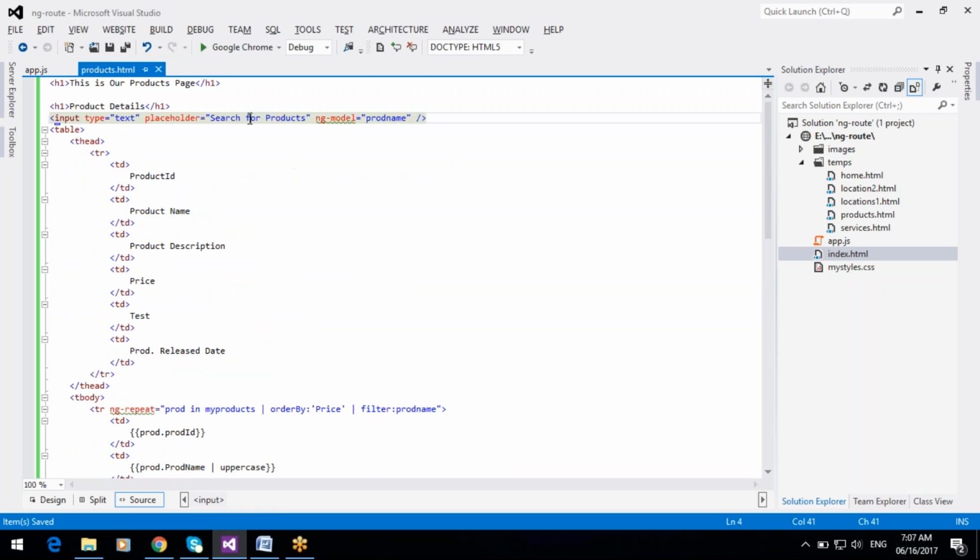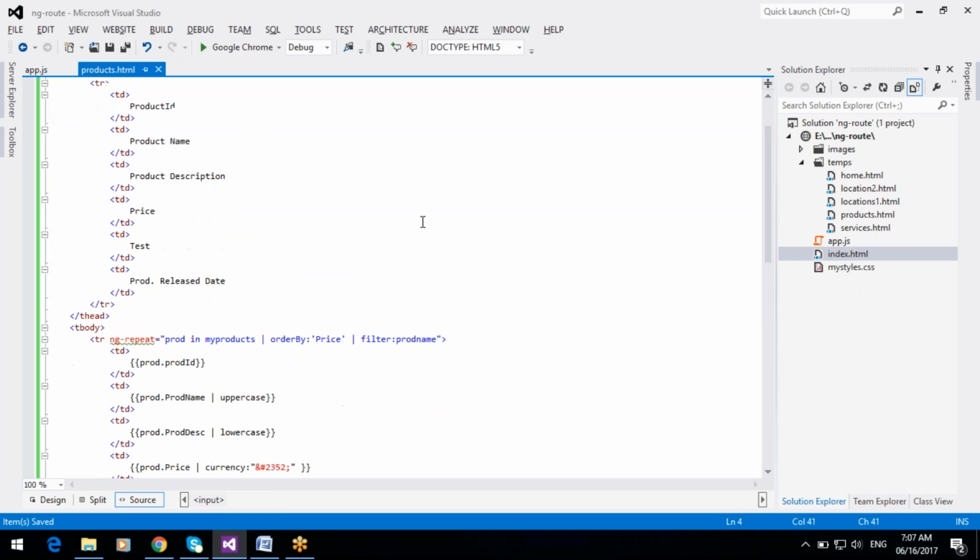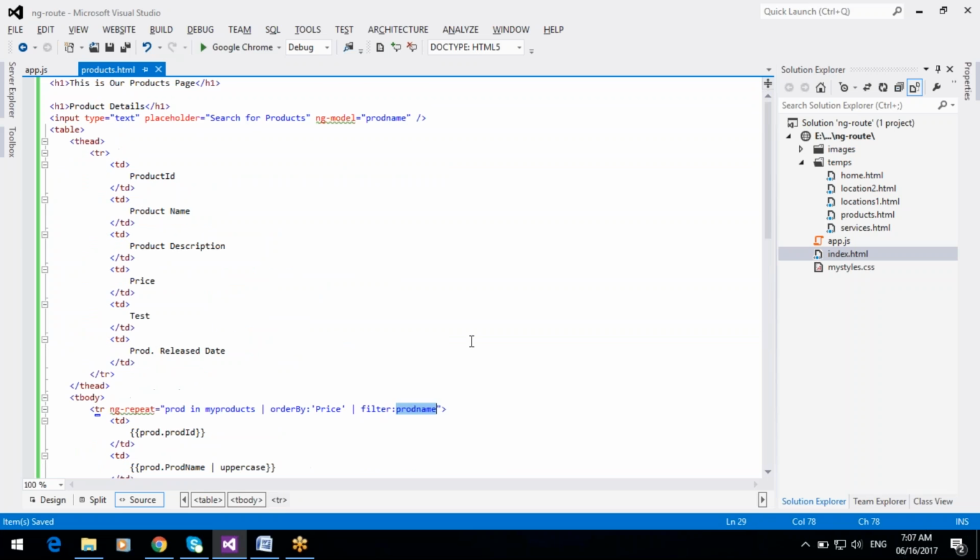Whatever you type in the text box, the product name is taken by the filter through the ng-model variable. The model variable is a scope variable.